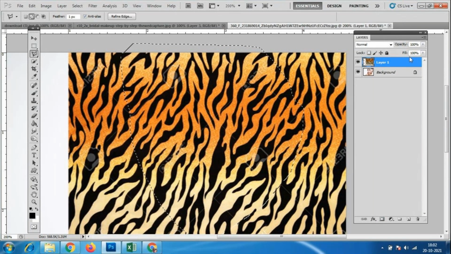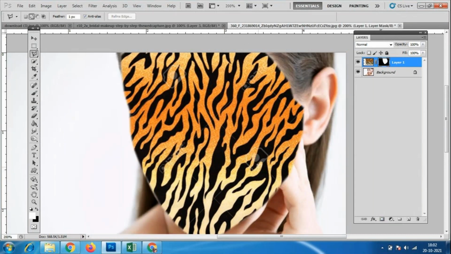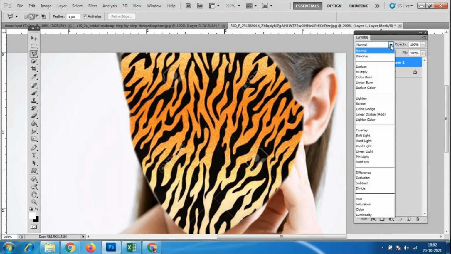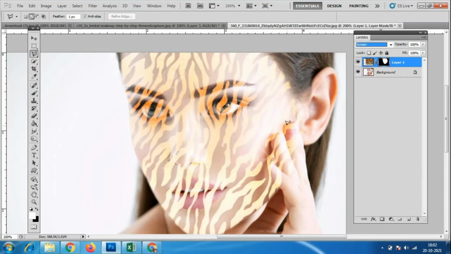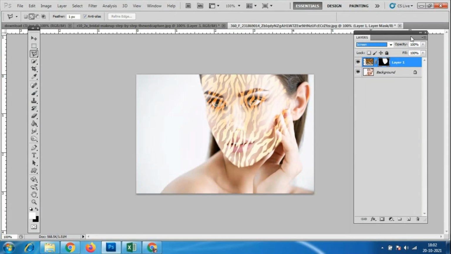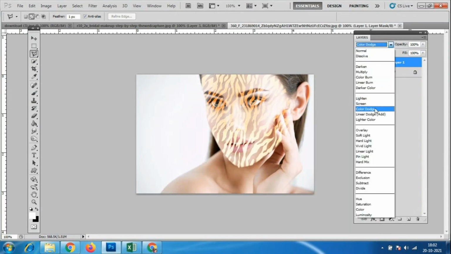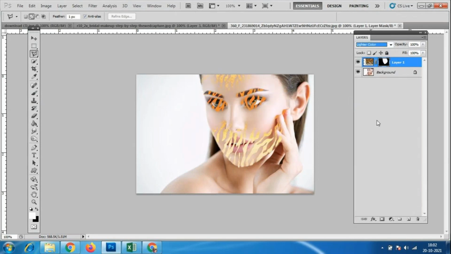So we have to select the face here, and we have to go to the layer 1 and layer mask. Okay, apply the layer mask, and in that again we have to go to the different versions. So we have screen option, we have given color dodge. What kind of texture you are applying all depends upon that.